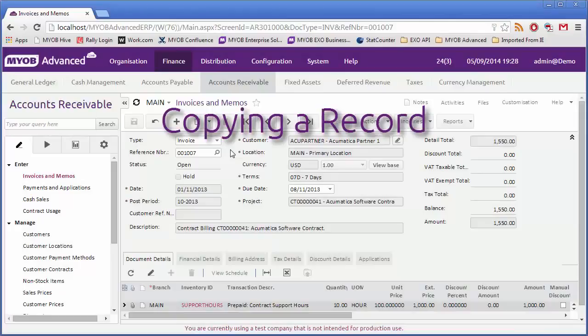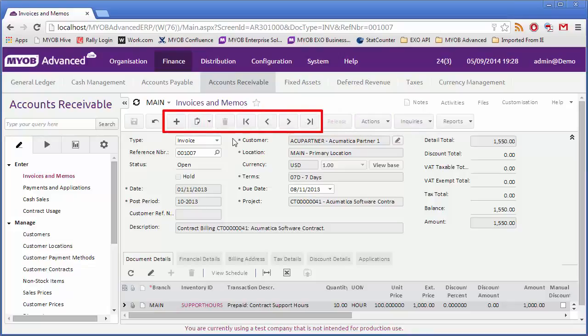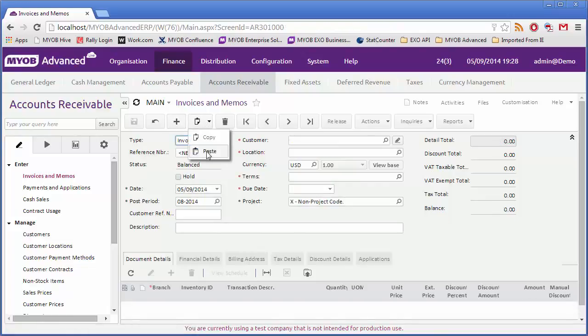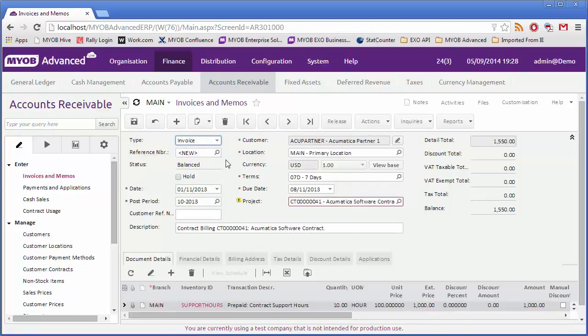Now let's look at copying records. We'll use the Invoices and Memos screen in Accounts Receivable as an example. On the Form toolbar, there are buttons for navigation and data manipulation. For instance, you can select the clipboard drop-down menu to copy and paste a record as a new one. To copy this invoice, click Copy, then create a new record, and click Paste. The record is copied along with all of its details, and a new reference number is assigned when I click